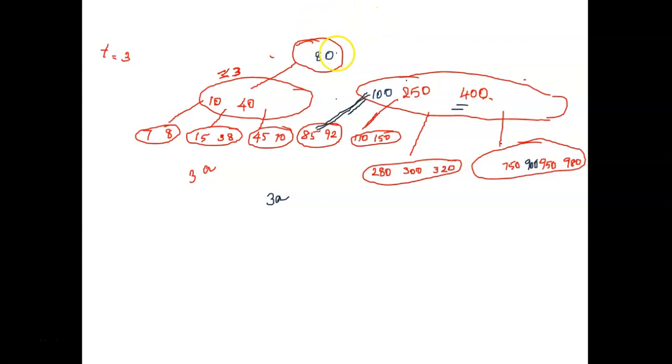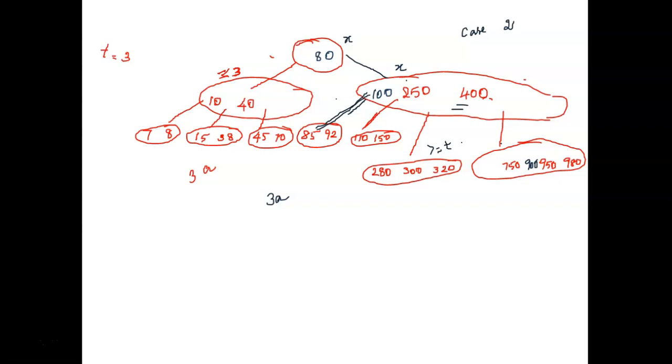Okay. So now this is again a pointer is established. So now this is x and this is child. Now it gets over. So now this is x, and what is child now? No child, because 400 is present in this node. Right. Now this is an internal node. So I have to look for case 2. Okay. So for internal node, I have to look for the left child whether it is greater than or equal to t keys. Okay, this is case 2. So I have to look in for that.